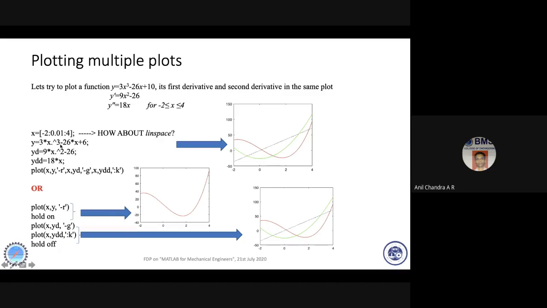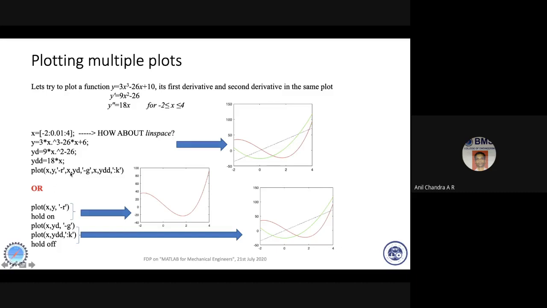I told you just a slide before that you can use the fplot command. In that fplot, you put an anonymous function at the rate and put the expression directly, put the limits and plot it. You can also do it this way. I take that first derivative, write the expression, second derivative, write the expression, plot x comma y. It will plot this. I want it in a red line, so I've defined the line. I want it in the continuous line, so I've written R. So x, y, R, this curve.